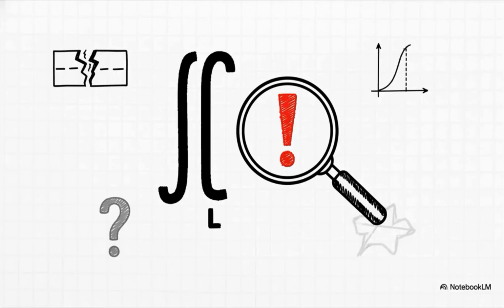So, the golden rule, the thing you have to remember from this, is simple but so powerful. Always, and I mean always, check for those discontinuities in your interval before you even start integrating. It's just a great reminder to never take the setup for granted. And that leaves us with